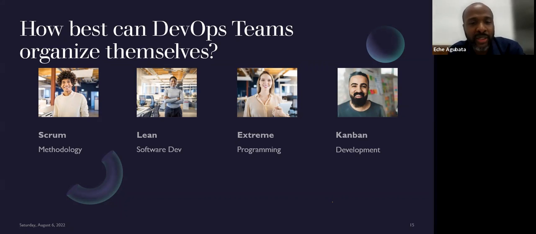Another team would show me how they would organize themselves in the lean software development format, from receiving the request to delivering the request. Extreme programming will also show us, Kanban will also show us, okay? So the 4 teams will share them accordingly.